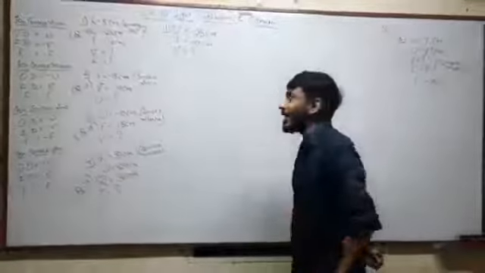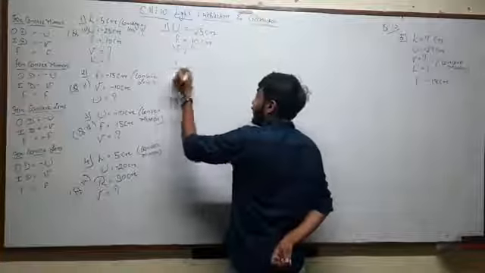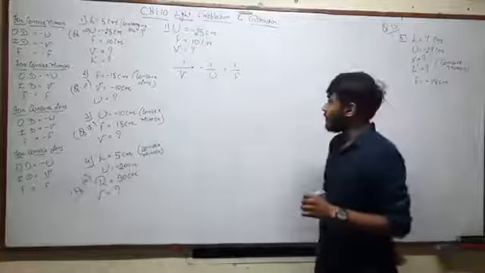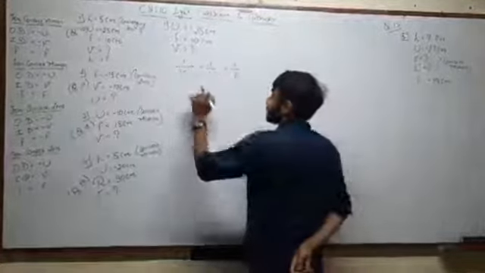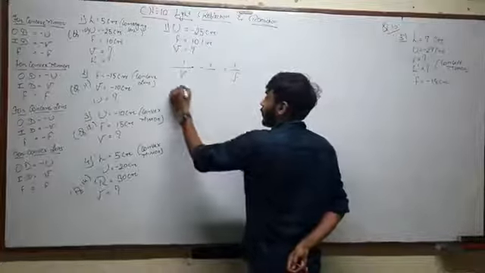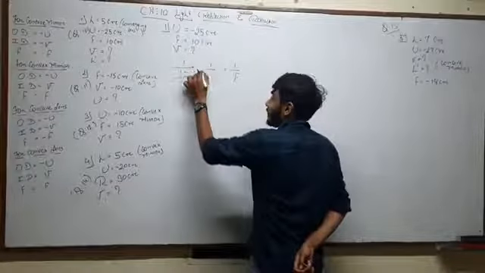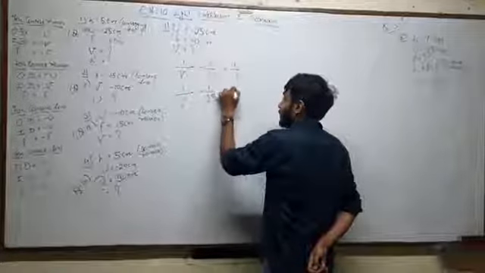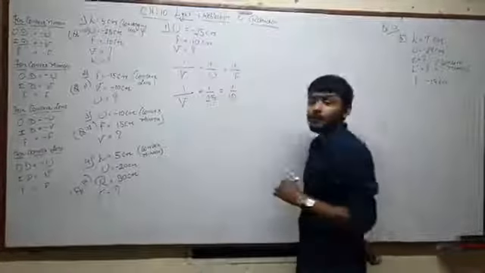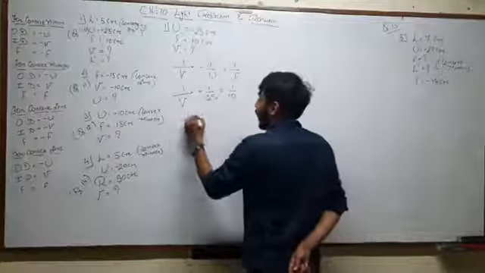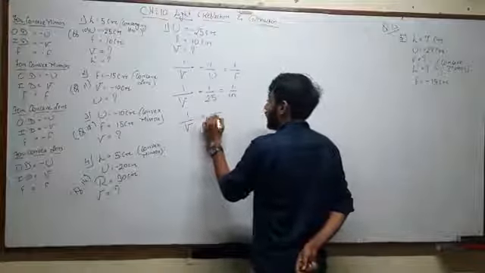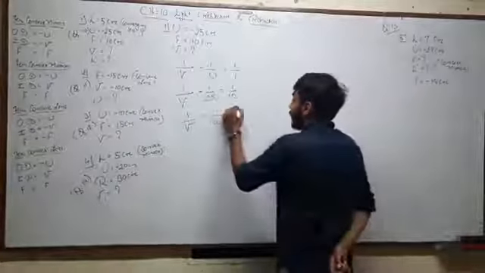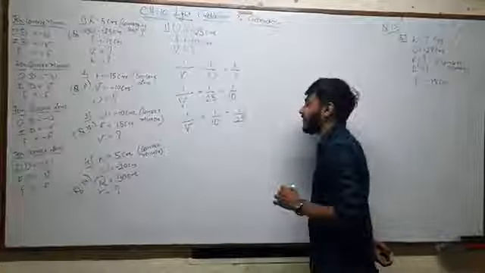So for a convex lens, the lens formula will be 1 upon V minus 1 upon U is equal to 1 upon F. What we need is 1 upon V. Keep it as it is, minus, but here also we are having minus, so this becomes plus 1 upon 25 is equal to 1 upon F, that is 10. So now you can go for 1 upon V is equal to 1 upon 10. Shifting this positive 1 upon 25 over this side, it becomes negative, so that becomes minus 1 upon 25.